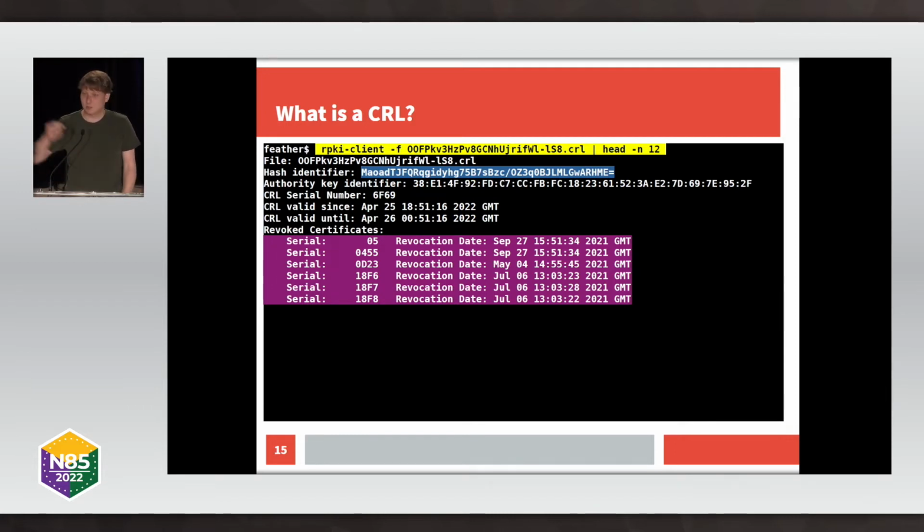CRLs are the mechanism to pull back, to signal to the world that the information that was previously distributed is no longer valid. There's thousands of CRLs throughout the RPKI ecosystem. On average, each CRL lists about 12 revoked certificates, and they also are a critical component of the integrity that